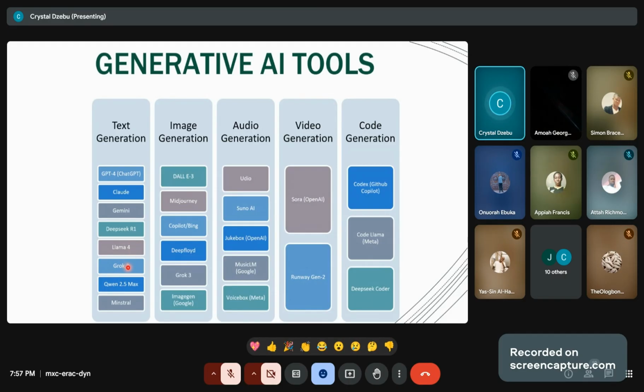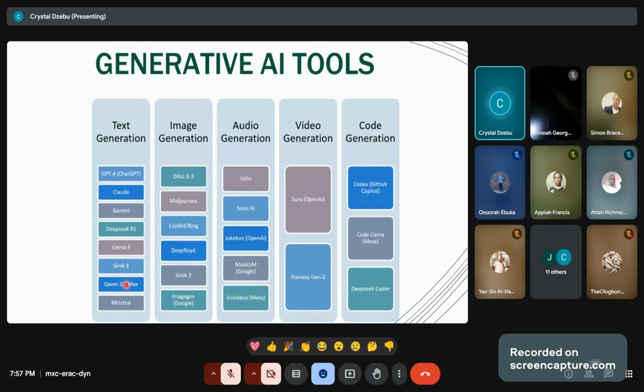This one also is owned by the Twitter boss, X.AI, Grok. So Elon Musk's company also has this. And the Grok 3, I think it came either February or March, and it's also very powerful. It's equally as powerful as ChatGPT. So you can explore this one also. If you want to explore this one, it's called grok.com. Just click on grok.com. You can also access it on Twitter or X.